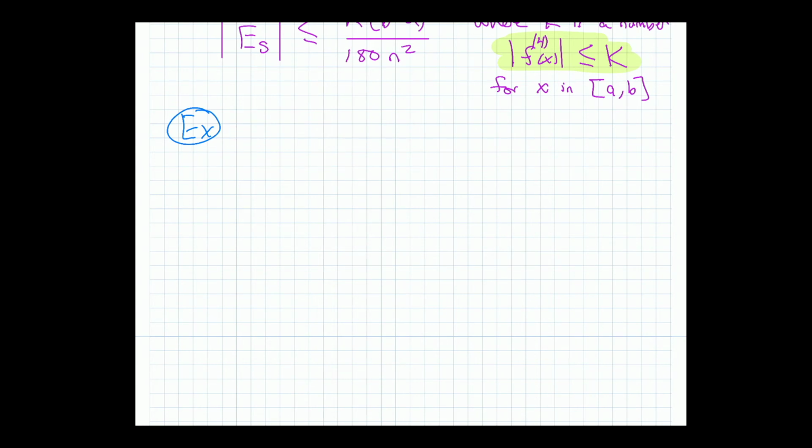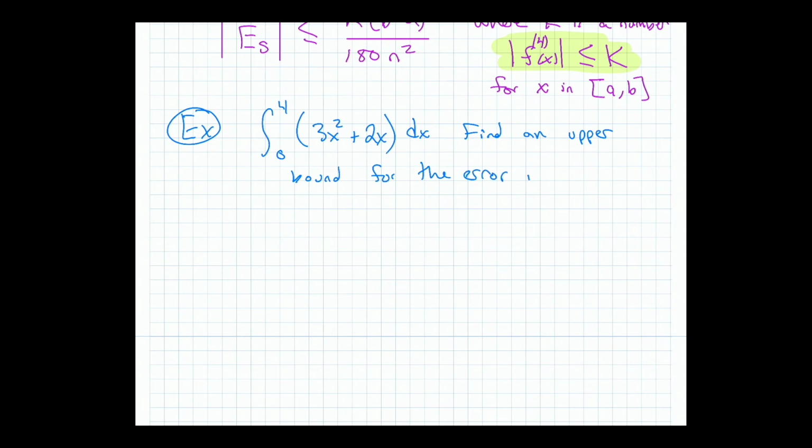If I go like 0 to 4, and then I just put like 3x squared plus 2x here, and I say find an upper bound, that's how they usually say it, an upper bound for the error if we use, let's just say trapezoidal rule, it doesn't matter,